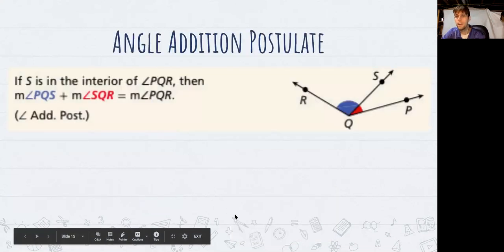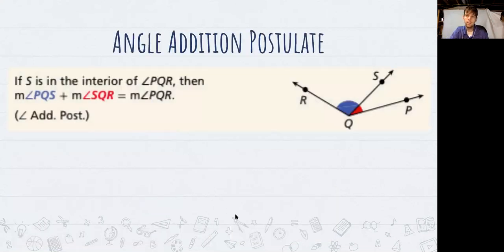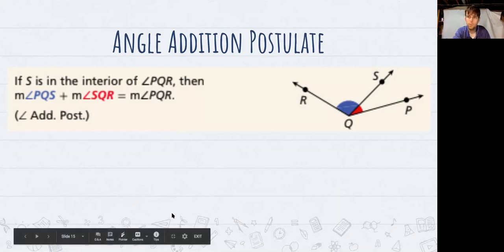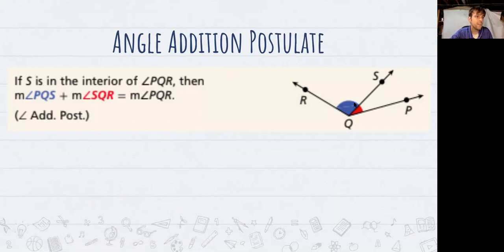All right. And then finally, we have what's called the angle addition postulate. We're going to use this a lot. We're going to use this to set up algebraic equations involving segments. But for right now, we'll focus on what it is and just some simple numbers. So if S is in the interior of angle PQR, so we have a point S inside of this angle,